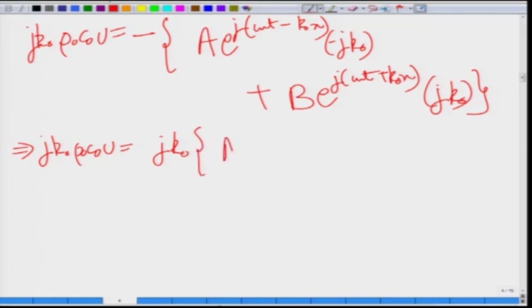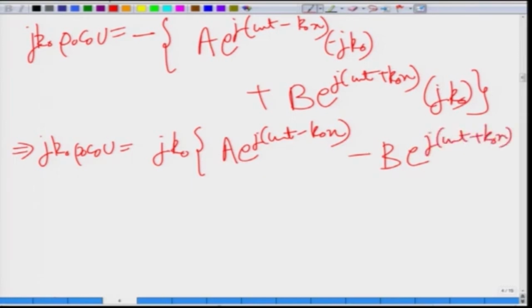So, you will get things like this and a minus here. So, you get things like this. So, this gets cancelled and the solution u x becomes